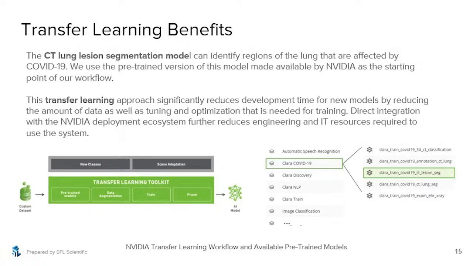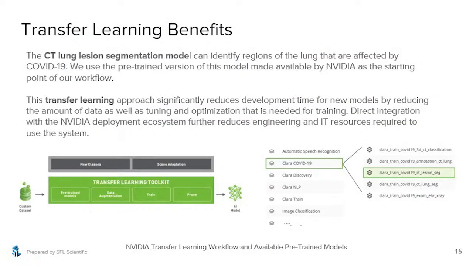Direct integration with the Nvidia deployment ecosystem further reduces engineering and IT resources required to use this AI system. And these models are available in Nvidia NGC, Nvidia GPU Cloud. That's a hub for GPU optimized software. And the NGC catalog provides a wide range of options for GPU optimized pre-trained models for a variety of applications